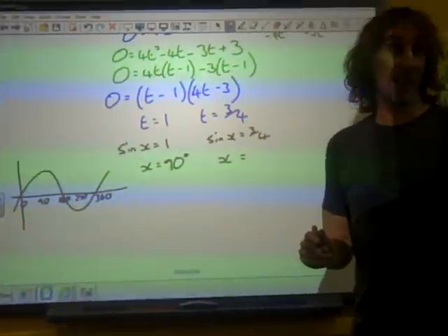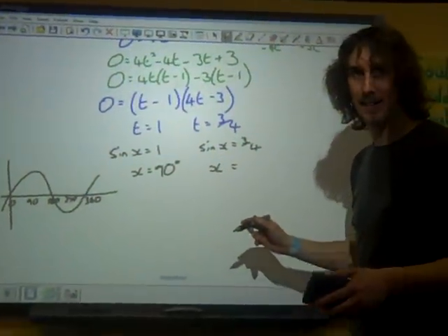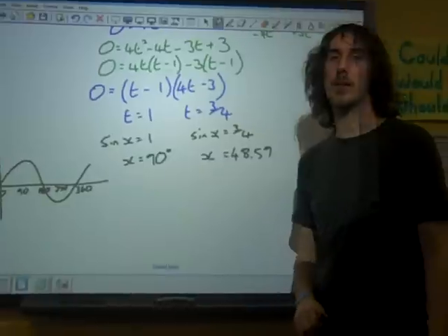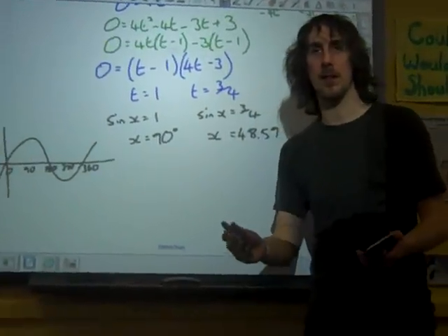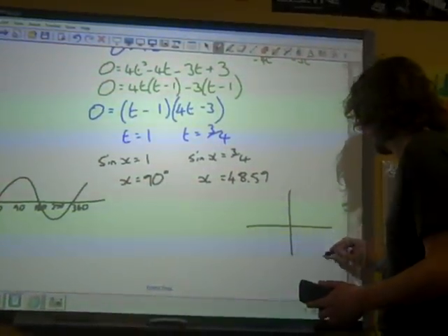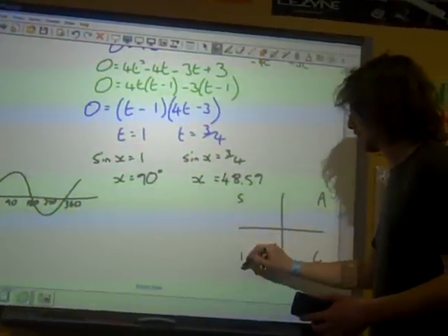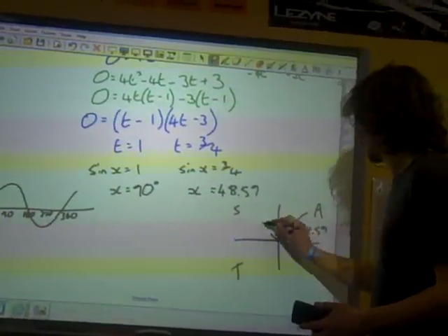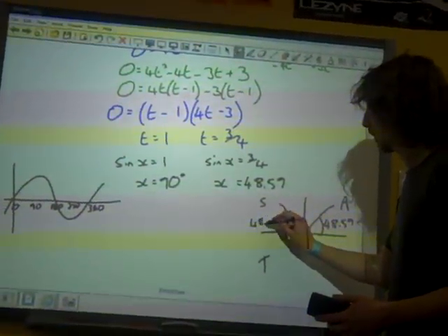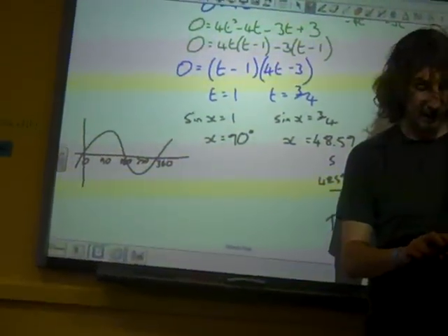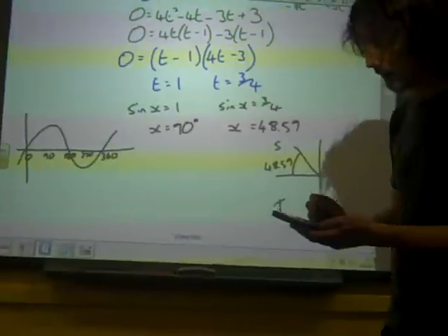We get 48.59. Now, as we talked about earlier, it's up to you. Use the graph or use the cast diagram. I'm using the cast diagram again. God help me. So my other value is going to be 180 minus that, which is